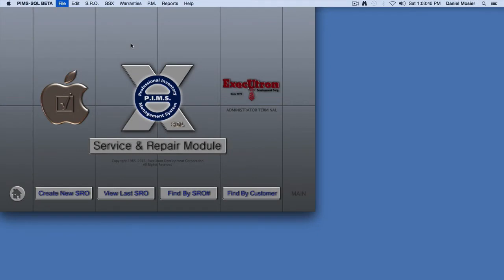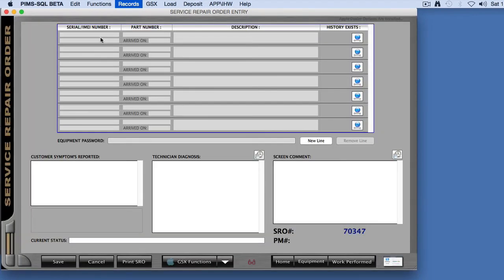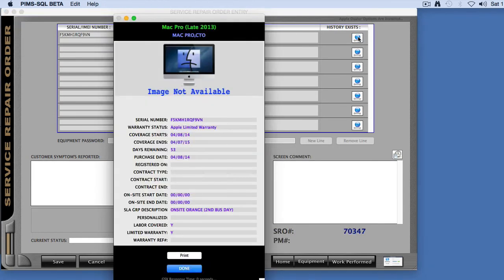Another great function that I had referenced during the settings part of the video is the ability to have a prompt come up when a service tech enters and checks a piece of equipment on an SRO. So I'll go ahead and show you that. Let's do a new SRO. I'll just go straight to the equipment tab, and I have a piece of equipment here. This piece of equipment from Apple is currently under the limited warranty available when they purchase the equipment, but it's getting close to running out. So I'll just click our globe here to look it up in GSX. And here's the information brought back from GSX. As a point of interest, Apple no longer returns images for some reason. When I hit done,